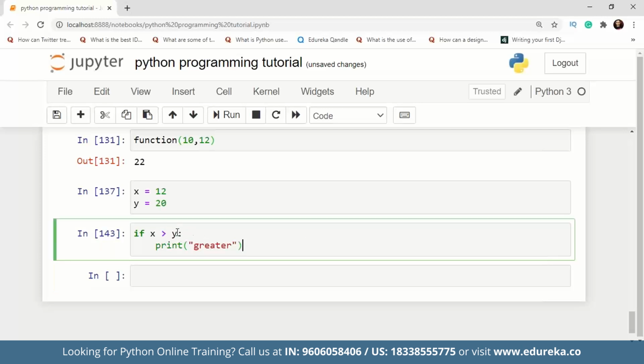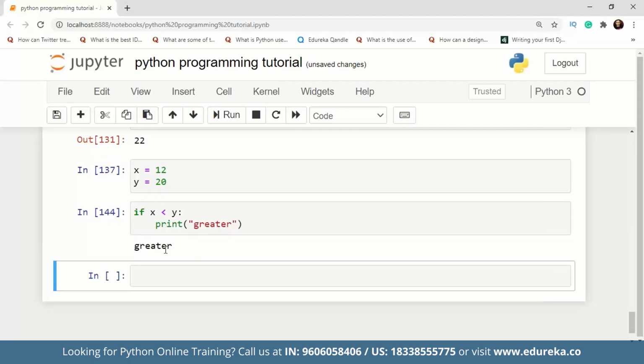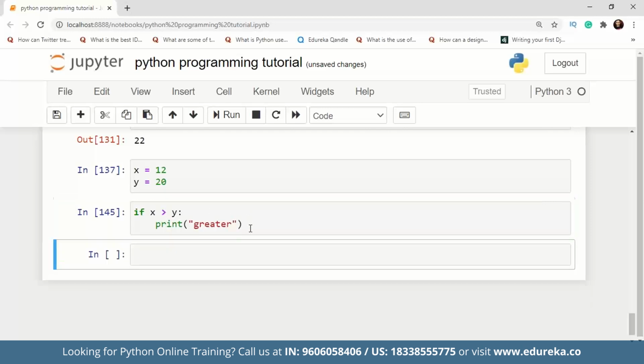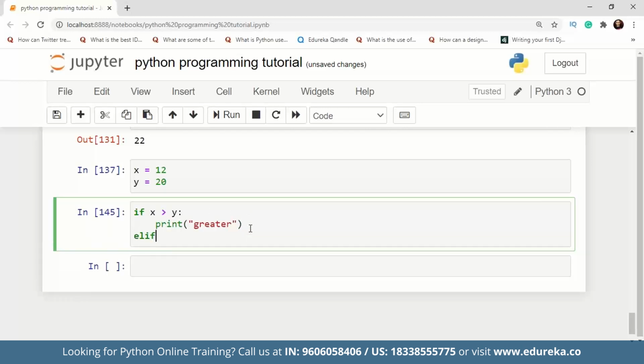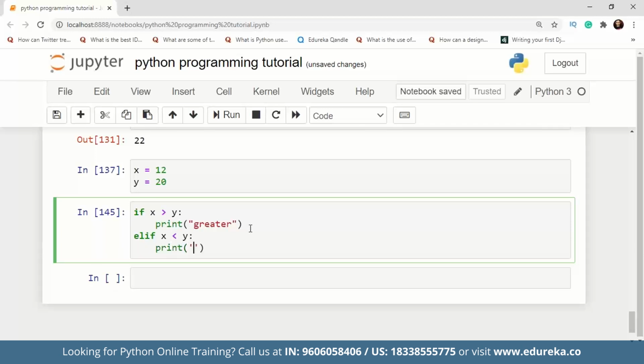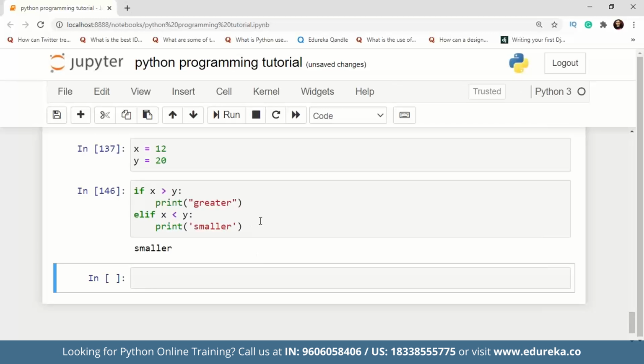The condition is basically false here because x is not greater than y. So if x is less than y, we have this particular output, and let's go for this. So what we will do is we will check for another statement using else if. Now if the first statement is false, it will check the other statement. So it will check if x is less than y. It will basically print smaller, and we have the output, guys.